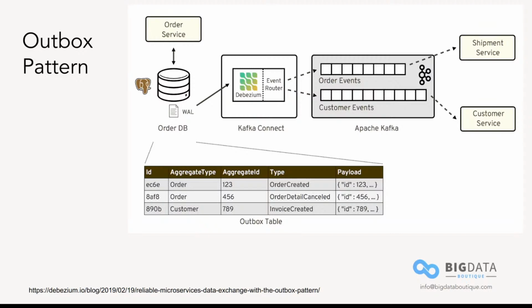Okay, so if the order service is not able to publish directly in Kafka, and there are several reasons for that. Maybe the messages are not compliant with Kafka. Maybe it's using an old version of Java and there are no available libraries. Maybe it's a legacy system and you are just not confident enough to make changes on it. Okay, if that type of thing is happening to you, what you can do is use change data capture,